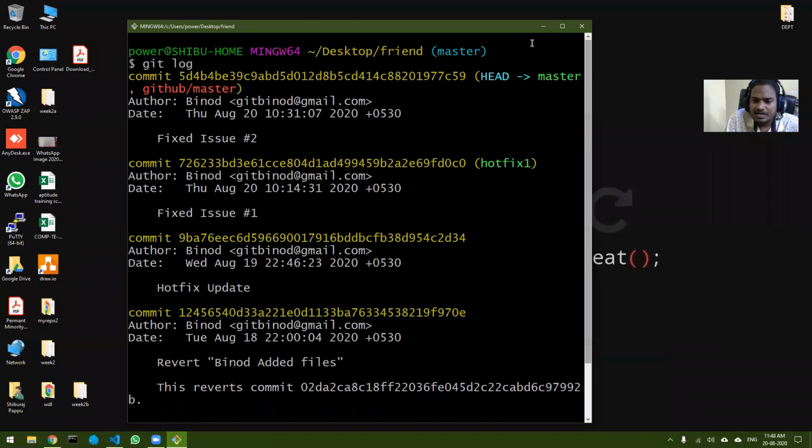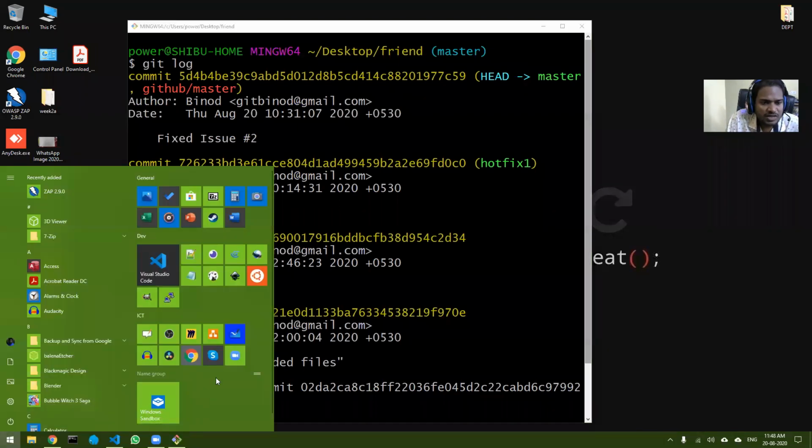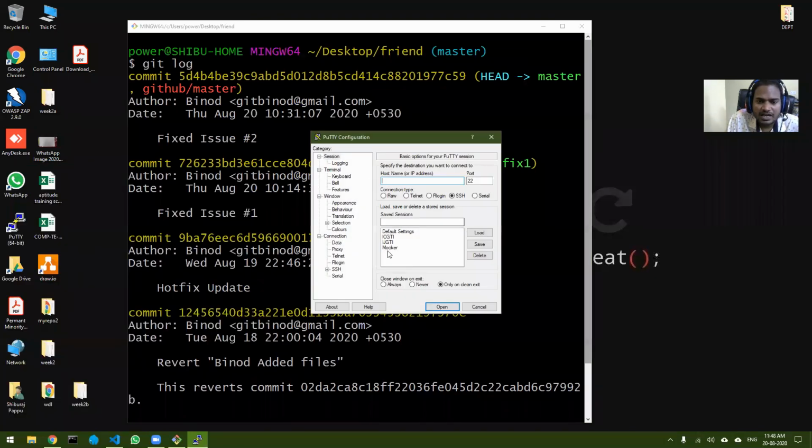Yes, Shaista, bash and GUI are exactly the same. In fact, under the hood the GUI is running the same commands. But I have already explained why you should use the command line. At least if you do not want to use it, that is fine, but you should know the commands. I will show you the reason, because I know many of you must be thinking why we should learn. So let me open my server.